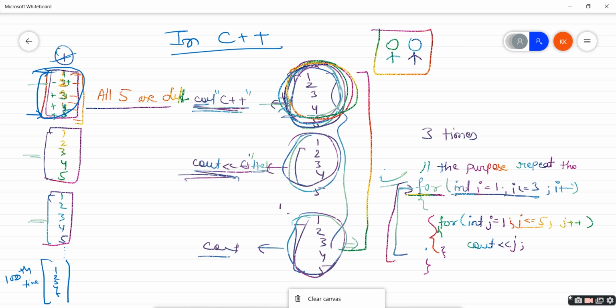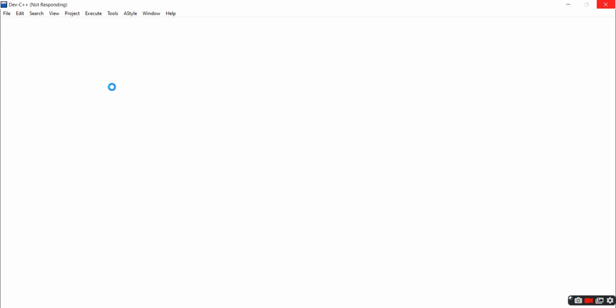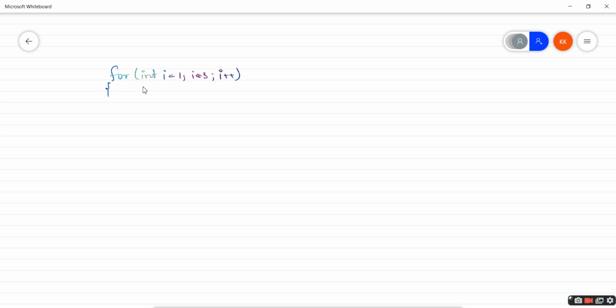All right, I'll just write the same line of code and then try to execute it. So our line of code is something like this. Then i plus plus. Then for the second loop, int j is initialized with 1, then j is less than or equal to 5, j plus plus.